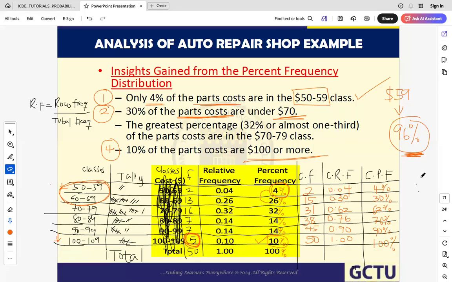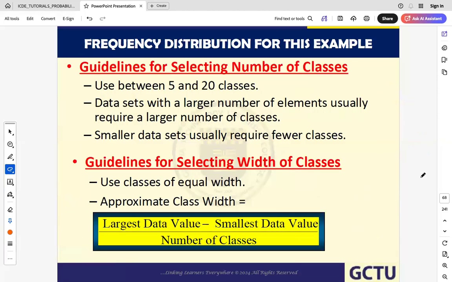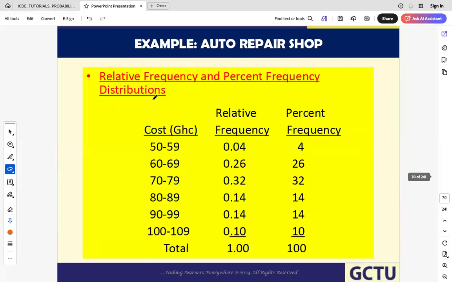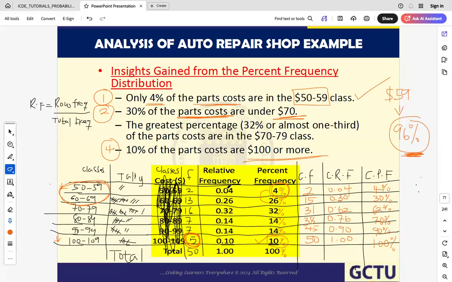Now look at how the question started. The question started this way, that the manager wants to have a bigger picture. He wants to have a better picture about the sales he has made. The 50 invoices are coming with different amounts. He wants to know whether at the end of the day, good sales have been made. That is a better picture. So from the table I'm seeing, let's see the better picture he will see. Out of the 50 invoices,